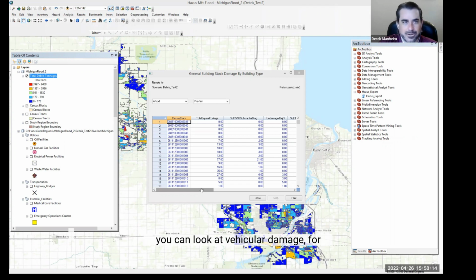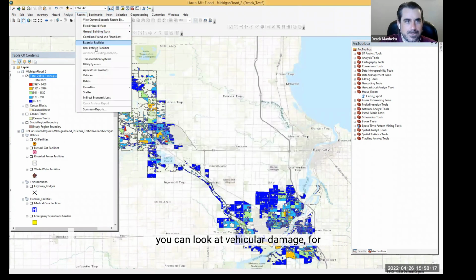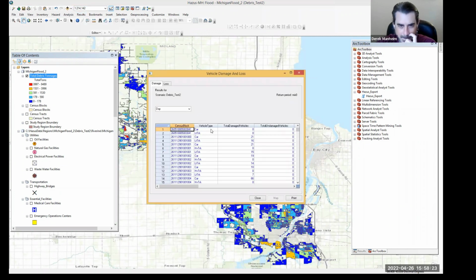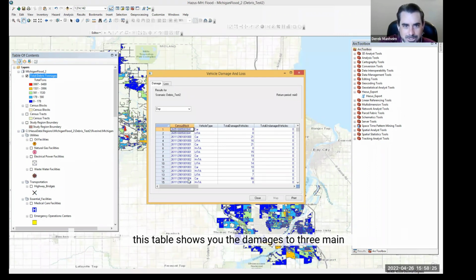In addition, you can look at vehicular damage, for example, or losses generated in the community. Again, this table shows you the damages to three main vehicle categories, either cars, light trucks, or heavy trucks.